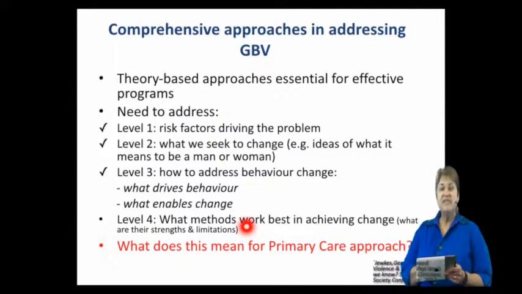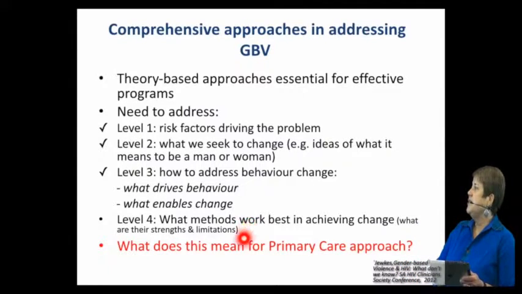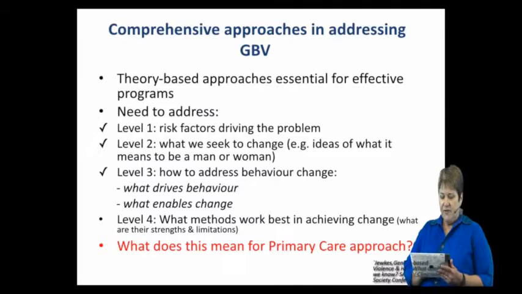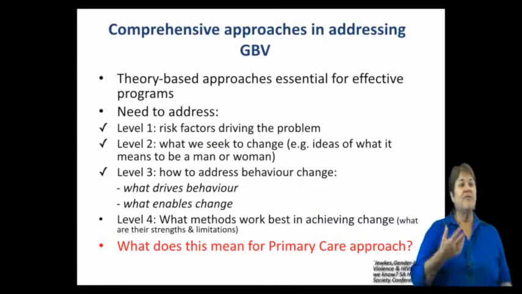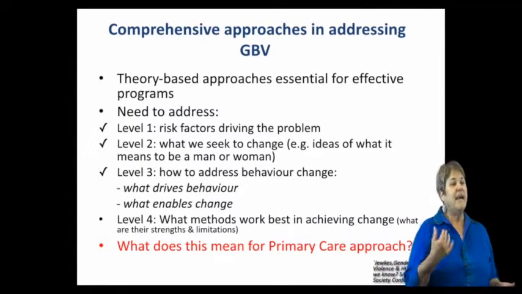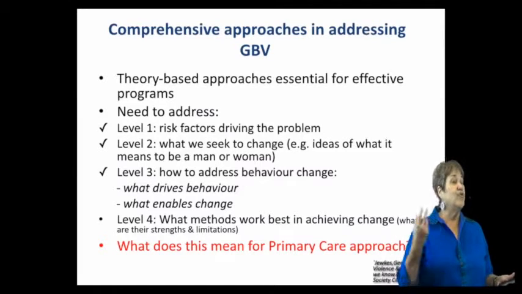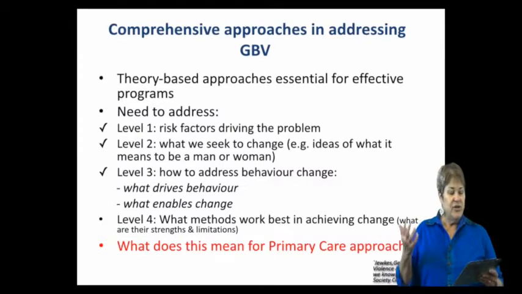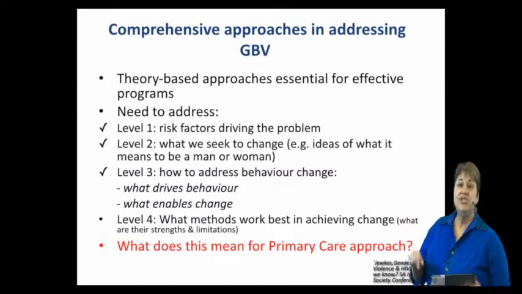So, in other words, we need to set out with a plan that looks at different levels of what we're wanting to do. And we need to also look at what this means for a primary healthcare approach. For example, earlier you looked at issues around prevention, promotion, promotion being more in the field of education, cure or treatment or care, and also rehabilitation. We looked at the fact that, for example, there's post-traumatic stress. So we need to look at all these levels when we're looking at what methods to achieve change.